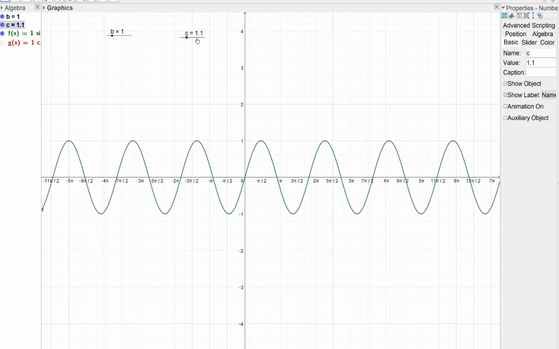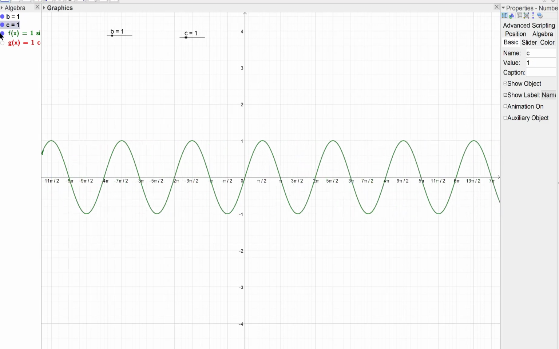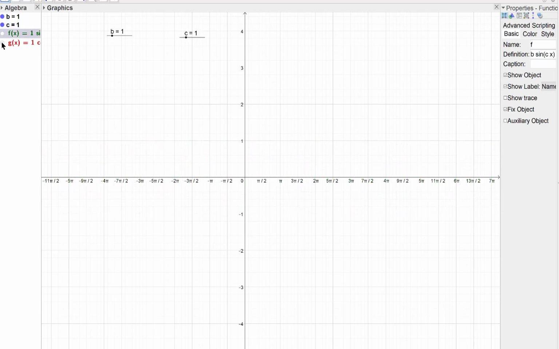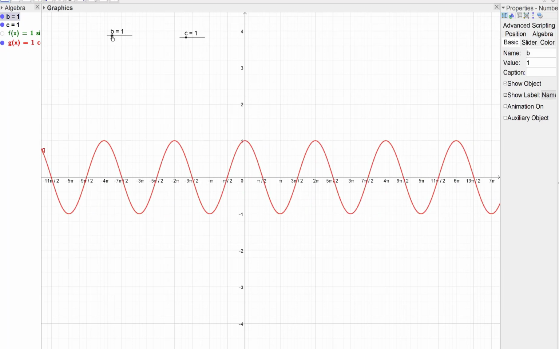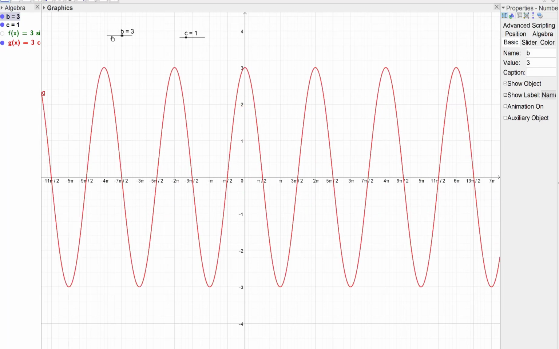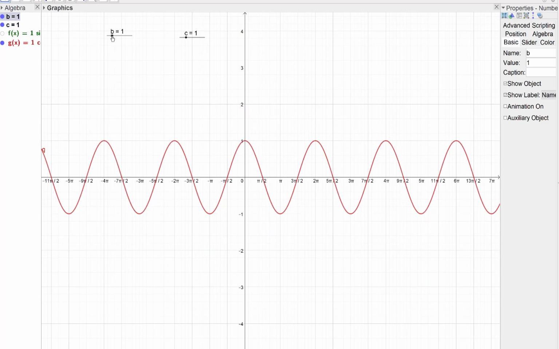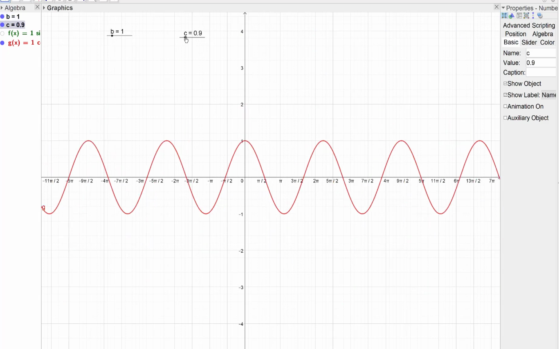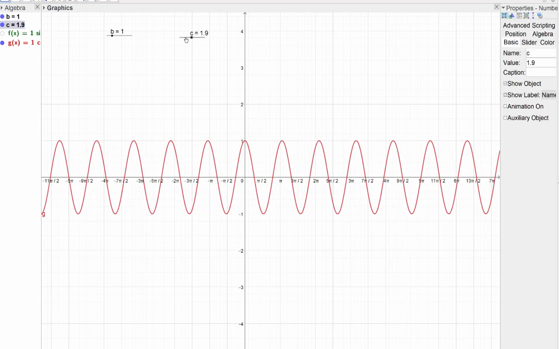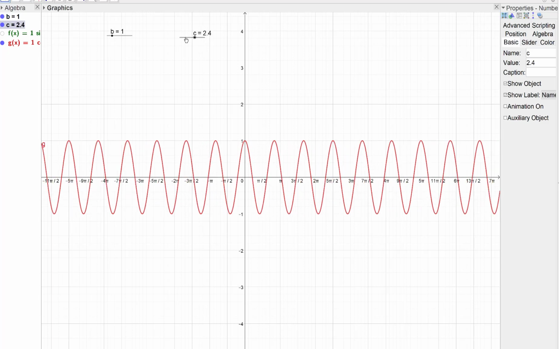So c affects the period, and that's the sine function. The exact same thing is true with the cos function. So by changing b, you're changing the range, and by changing c, you're changing the period. Okay, so